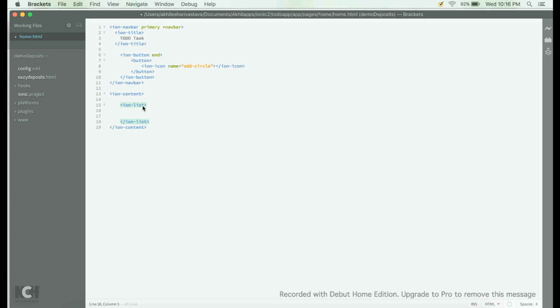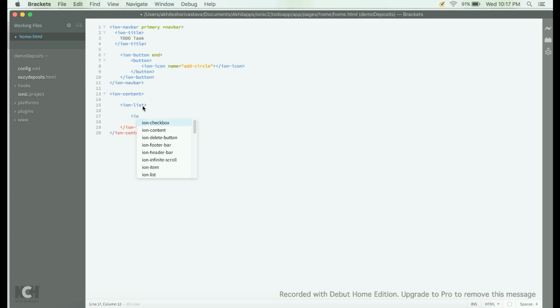Inside ion list we will loop over our task object, and we will display each task. When we load our app for the first time, there will be no task to display. So we want to show a message that there is no task, and we can add a new task. For that